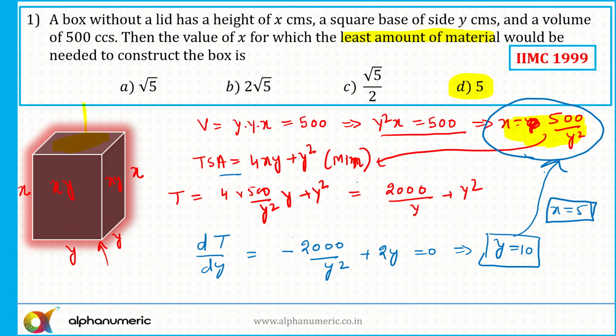I hope that this question is clear to all of you. For solving such questions, you need to know the basic formulas, and the other concept is maxima and minima. Most of the time you'll need: product is constant, sum is minimum, or sum is constant, product is maximum, or you can also use differentiation. If you are comfortable with differentiation, use differentiation. That is a quicker way to find the answer. Now let's move to the second question.